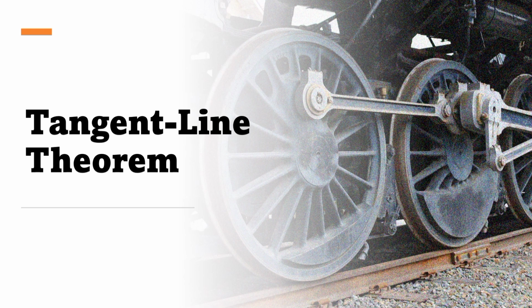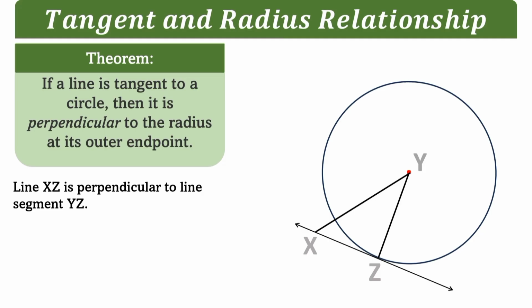This video is about the relationship of the radius of a circle and the tangent to that circle. The theorem says that if a line is tangent to a circle, then it is perpendicular to the radius at its outer endpoint. Illustrating this to the figure at the right,